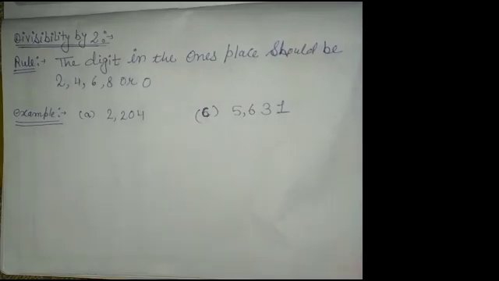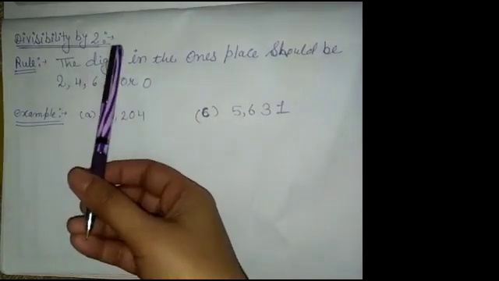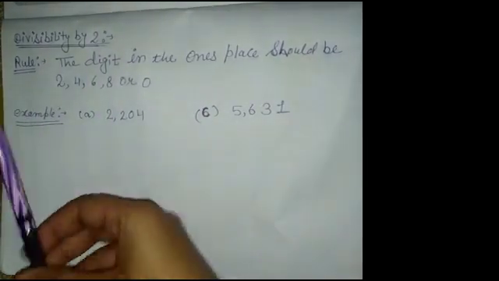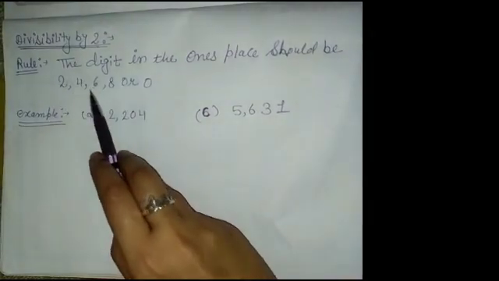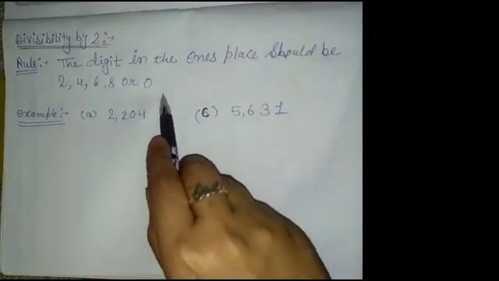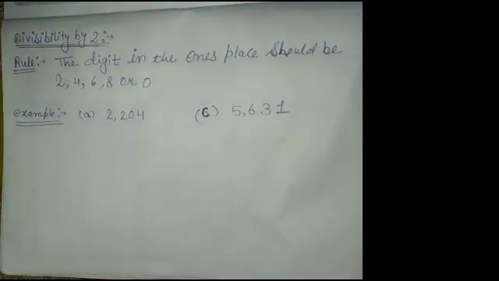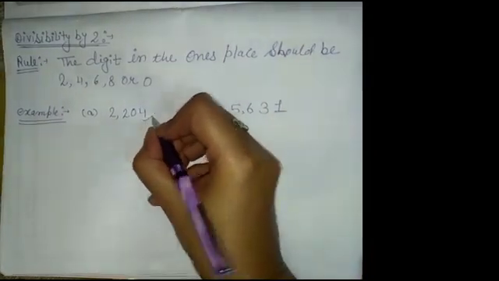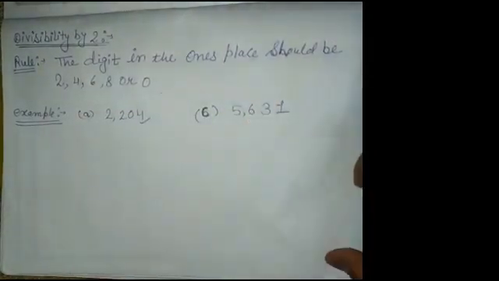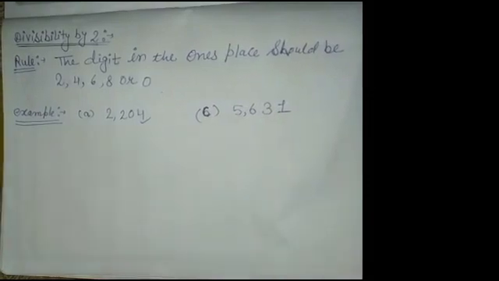Let us start this topic with divisibility by 2. Let us go through the rules. The rule says if a number ends in 2, 4, 6, 8 or 0, then we can say that number is divisible by 2. Let's take this example. I'm taking these examples from your exercise 3.1, so it will be easier for you to understand the question well, right? So example A,